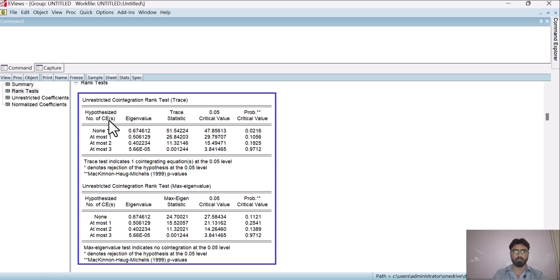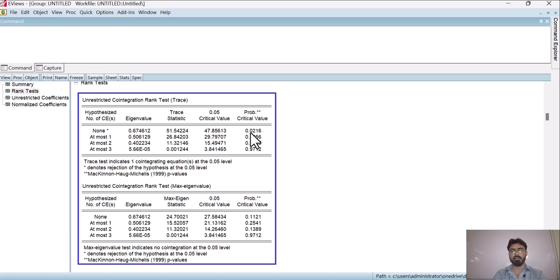CE stands for cointegrated equations. Here are the eigenvalue, trace statistic, critical value and probability value. So what does None mean? Basically it is your null hypothesis. None means that there is no cointegrated equation in your model, and the alternative hypothesis means that there is at least one cointegrated equation, or there is cointegration in your model.